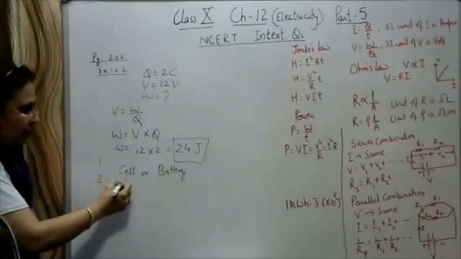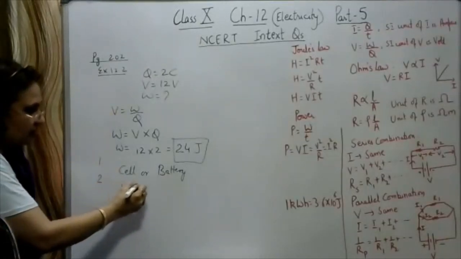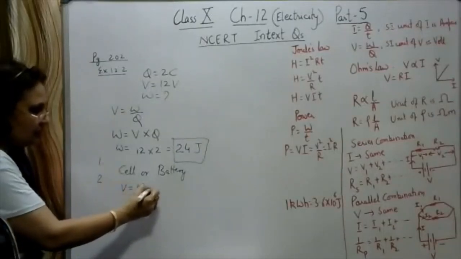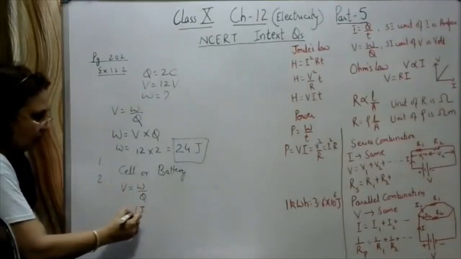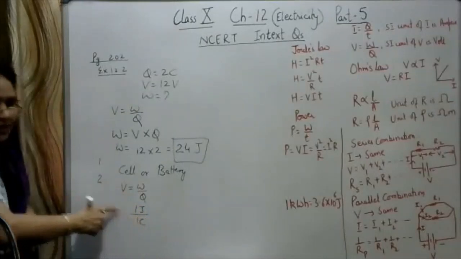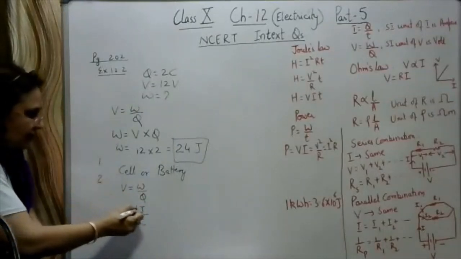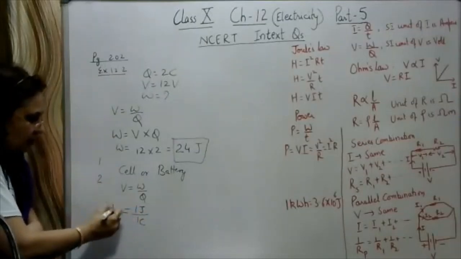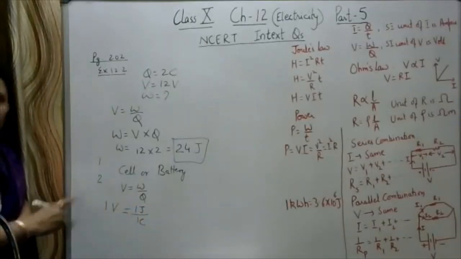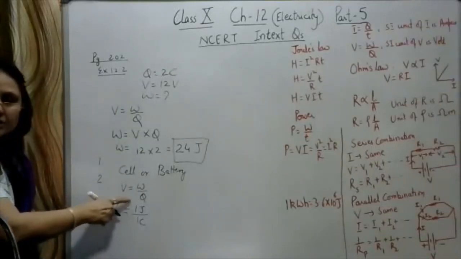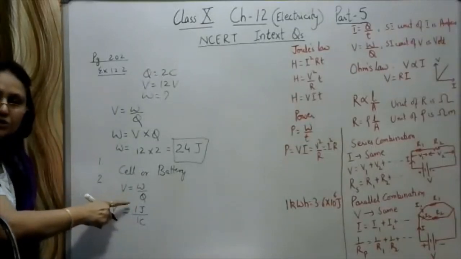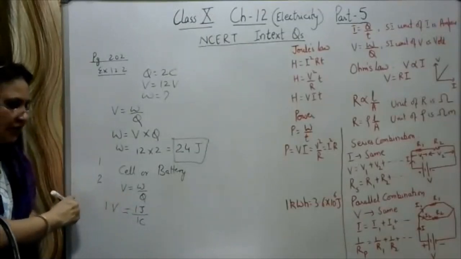From the formula, we know that potential difference is equal to work done per unit charge. If the work done is equal to 1 joule, when 1 coulomb of charge moves from one point to another, then the potential difference will be equal to 1 volt. So 1 volt is the potential difference when 1 coulomb of charge is moved from one point to another, so that 1 joule of work is done.